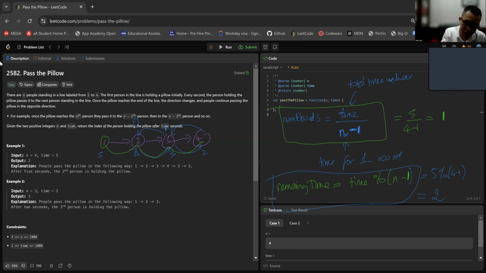Right. So based on the number of people and the time, we can go a maximum of one round, right? So that doesn't count. We can ignore that. We can go one round. So let's focus on the remaining time here. The remaining time is 2, right? So which means that we can take n, the total number of people, minus the remaining time. So 5 minus 2 is